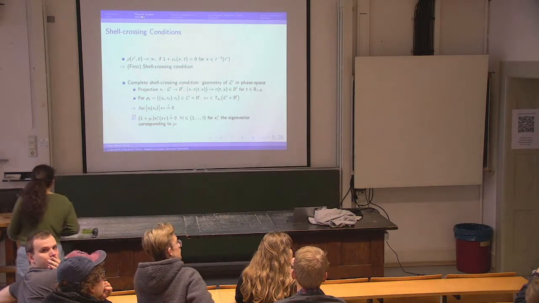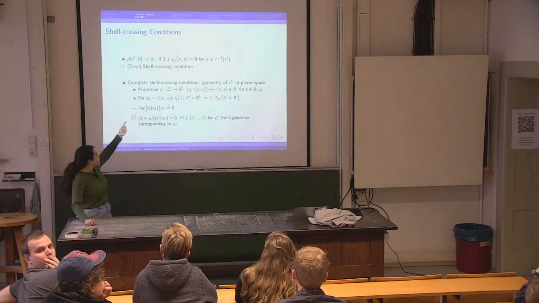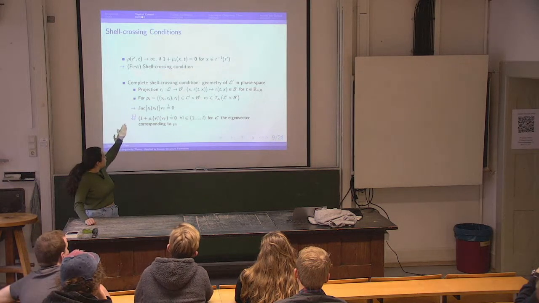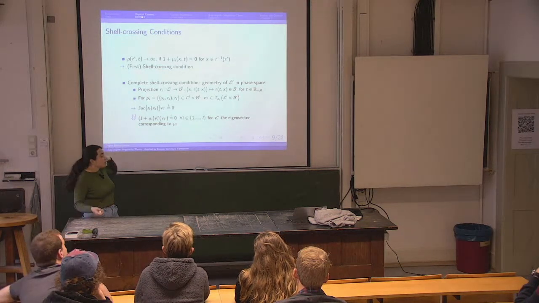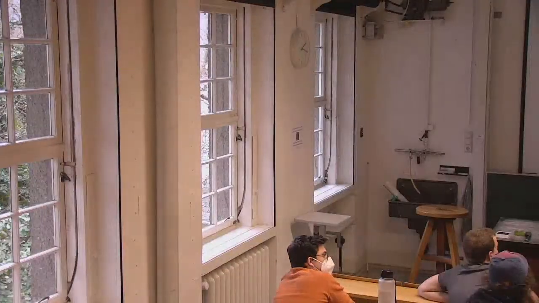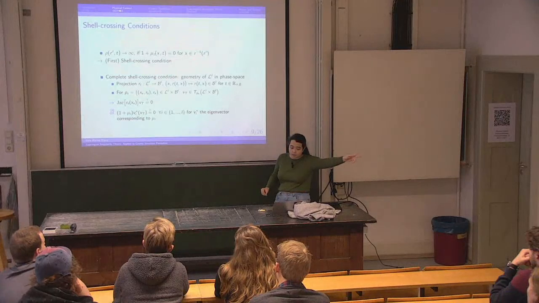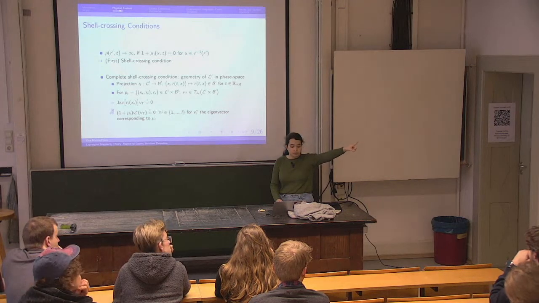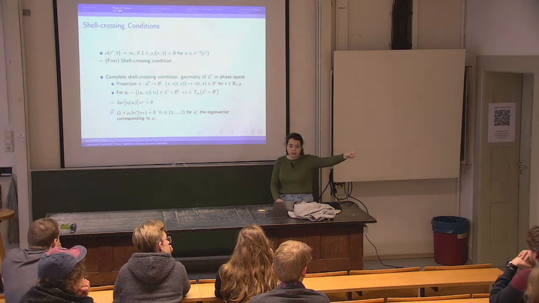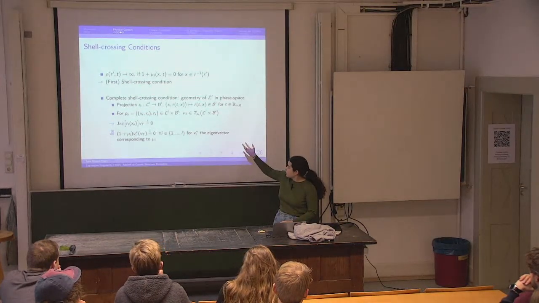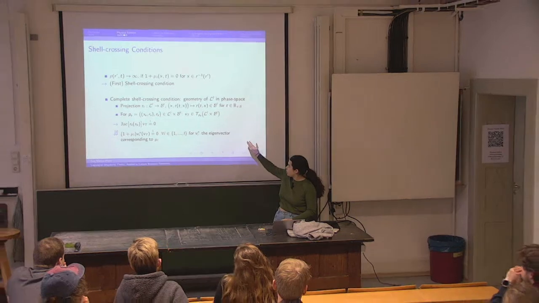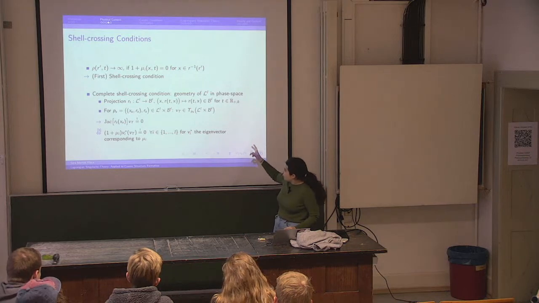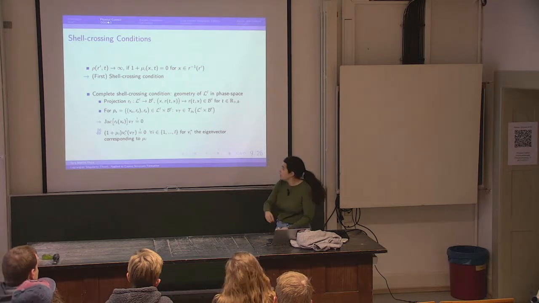So we've seen rho diverges if one of our eigenvalues fulfills this condition. This gives us our first or primitive shell crossing condition. But in order to develop the complete set of conditions, we need to take a look at this geometry right there. So if we interpret R as a projection from that Lagrangian submanifold onto the base, and the base that I've called here B is just the values that R can take. So in our case, it would be R3 or something like that. Then we see that we get a shell crossing condition if